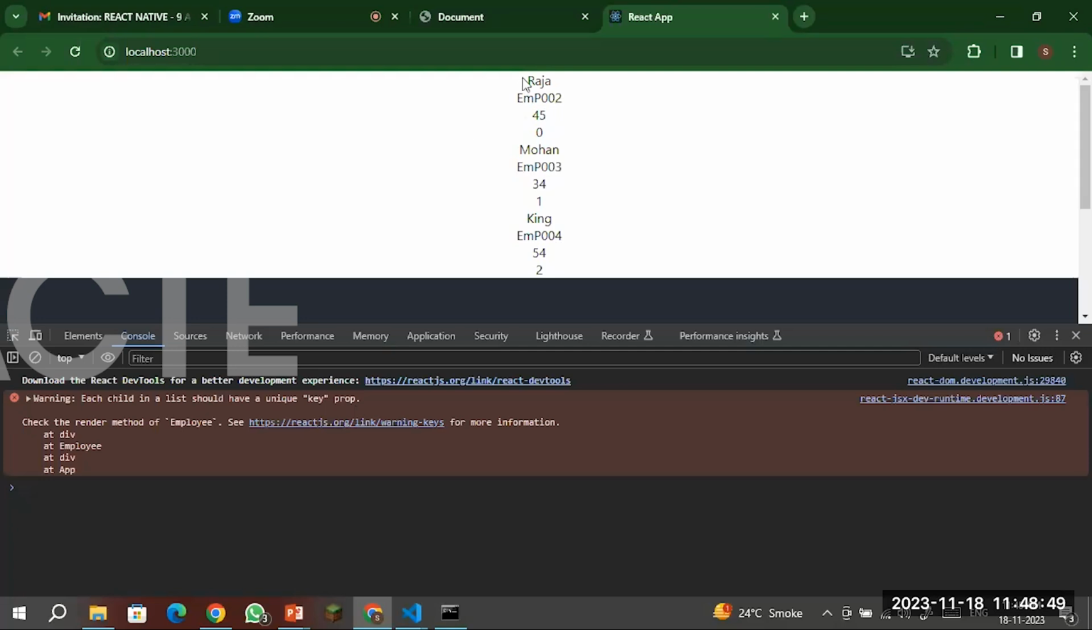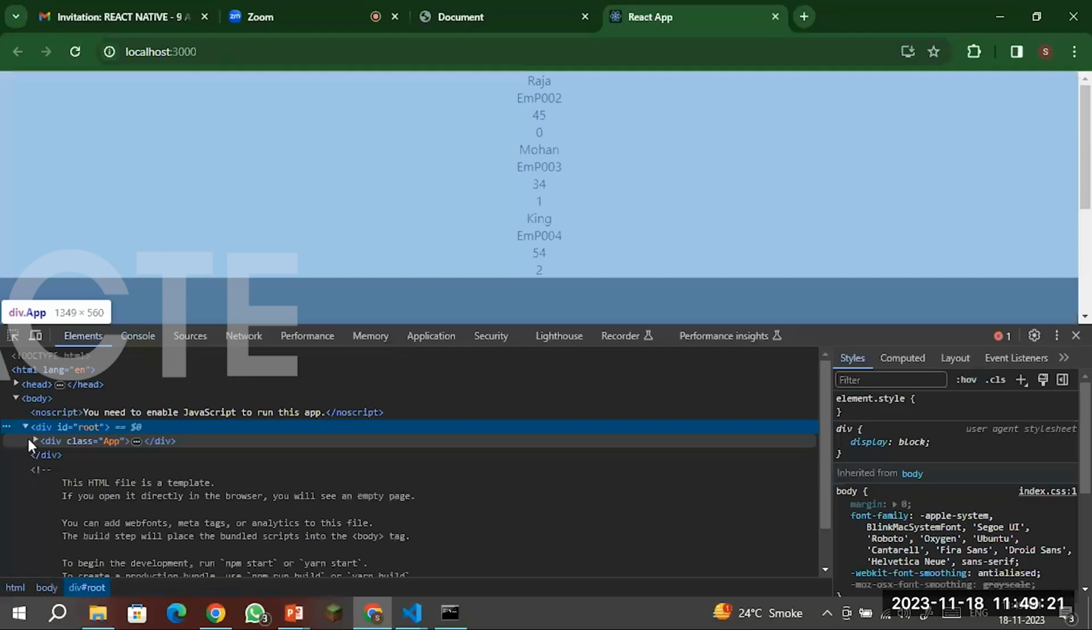Right now, this element has the same key, this element has the same key, and this element has the same key or no key. So the browser is confused whether these three elements are different or the same, because the structure of these elements is the same. You can see that the structure of the elements is the same. Each element structure starts